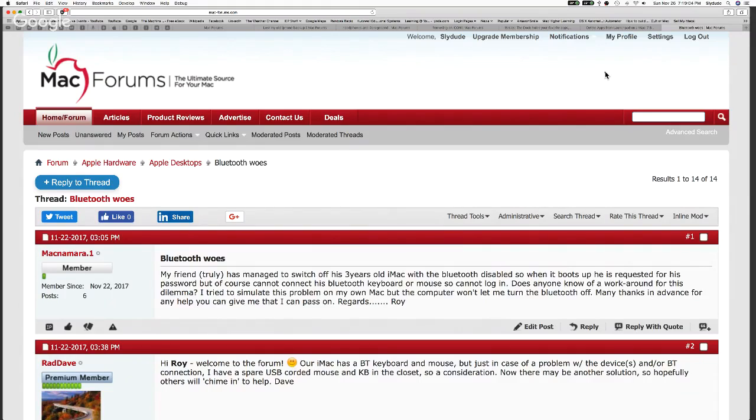I ran into a situation today where I've got one of the Apple mice that has the charger built into the bottom of it, uses a lightning cable for charging. And I had not been paying attention to the little warning that says your batteries are running low. And all of a sudden my mouse went dead. Cursor just stopped moving.